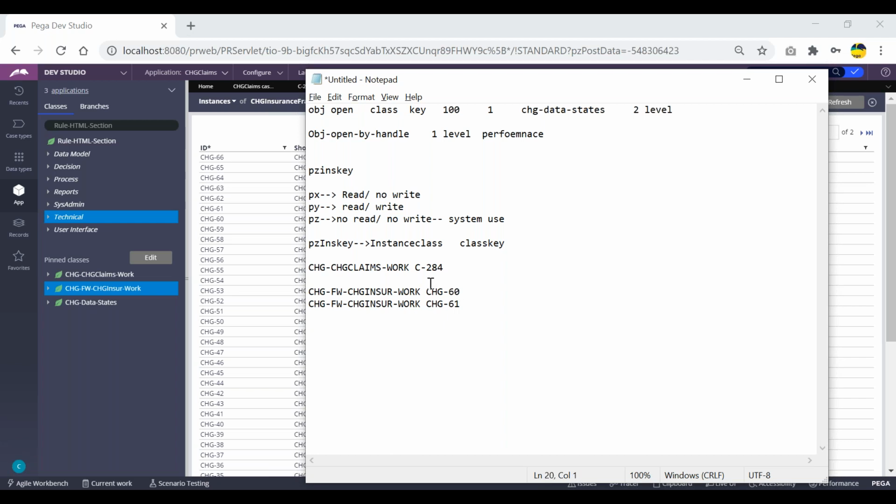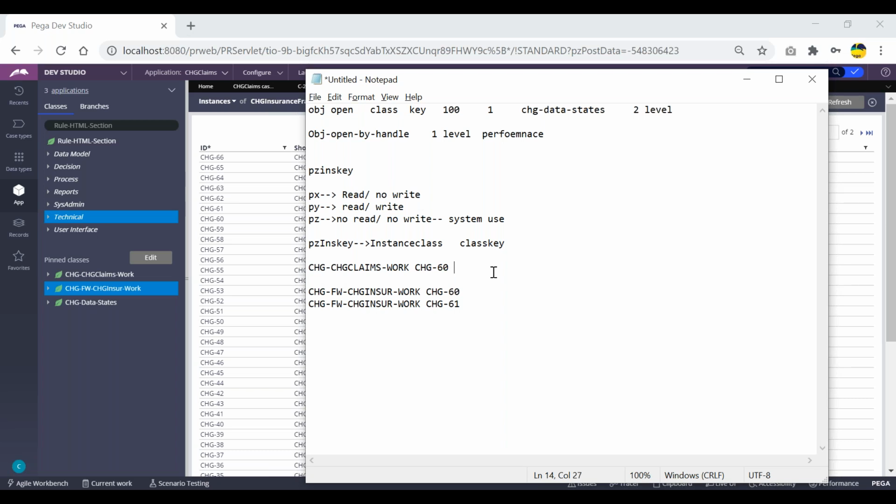Suppose you create the work object IDs from the implementation class, and there also you give the work prefix as AG61, let us say. Even though the class key is the same, the instance class is getting changed. So all the time these values will not be equal. All the time these values will be different. For one class, for sure there should not be the same work object ID. If it has the same work object ID in two different classes, the instance class will be different. So these two will never both be the same. The PZINSKEY will be unique all the time. Agreed?